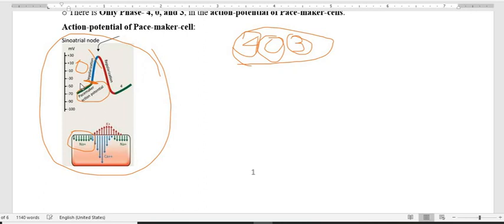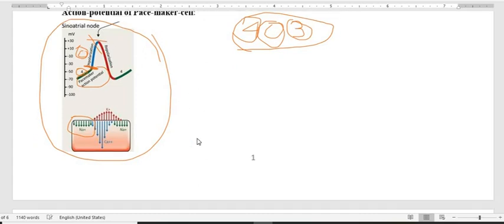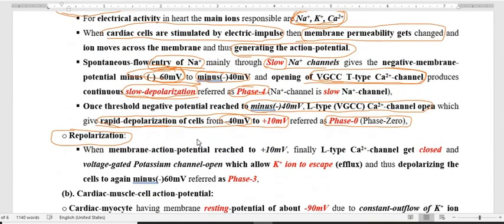So here is phase number 4, here is phase number 0, and once the action potential reaches up to plus 10 millivolt, then the phase